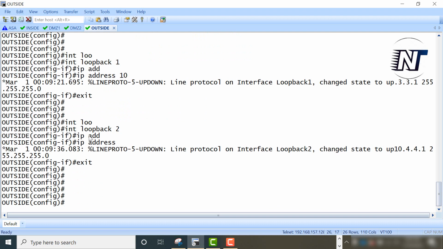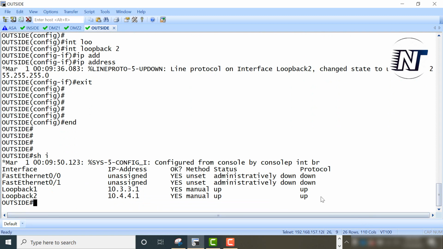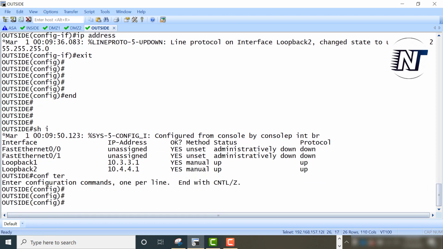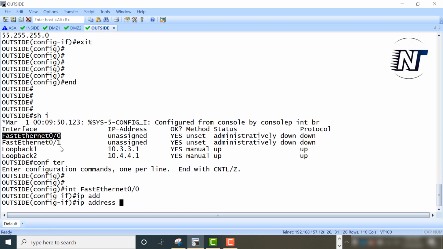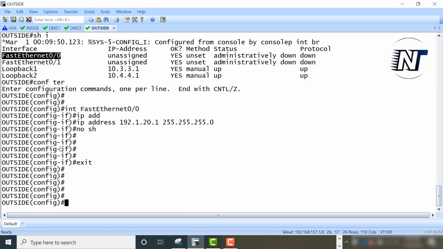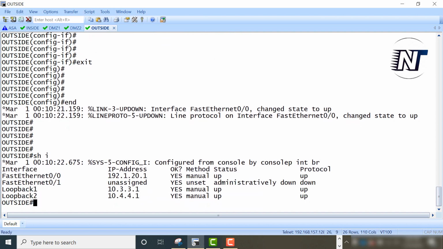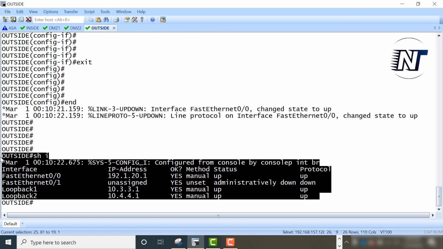Exit, and show IP interface brief, yeah, two loopback interfaces came up. Next, config terminal, interface FastEthernet 0/0, IP address 192.1.20.1 255.255.255.0. No shut, exit, and show IP interface brief. Yes, here also three interfaces came up.